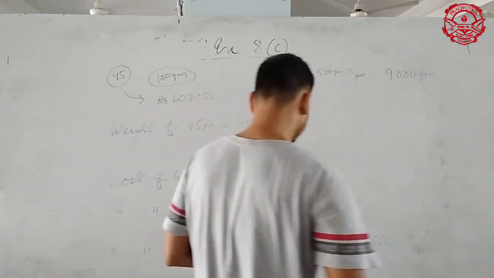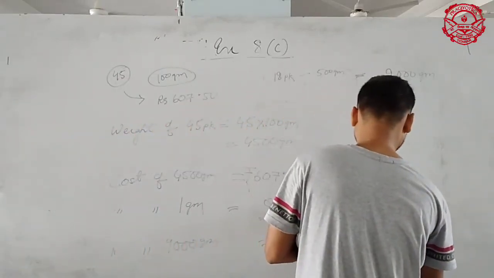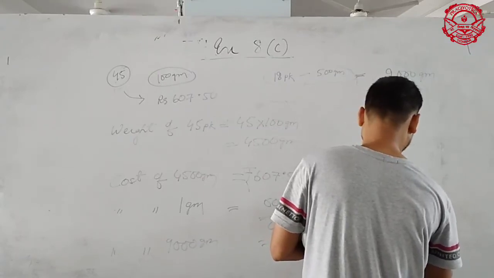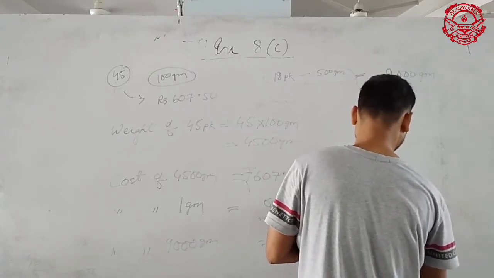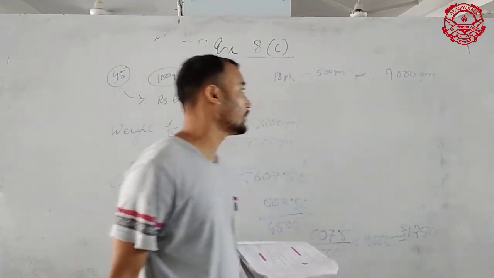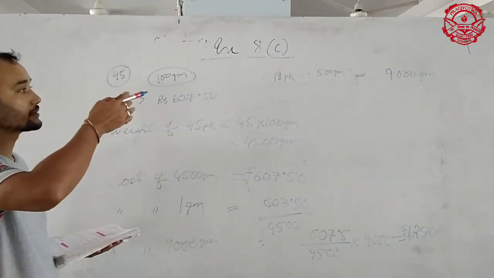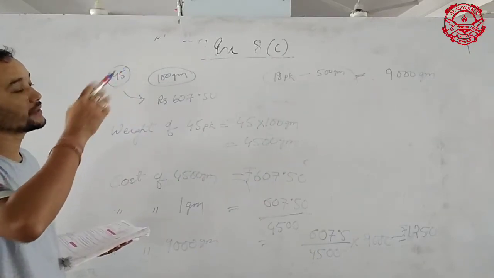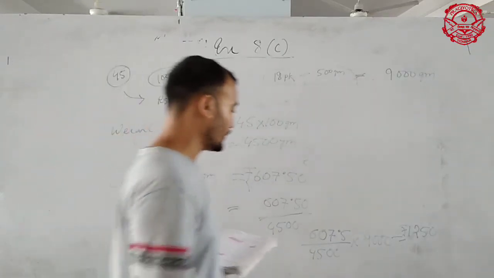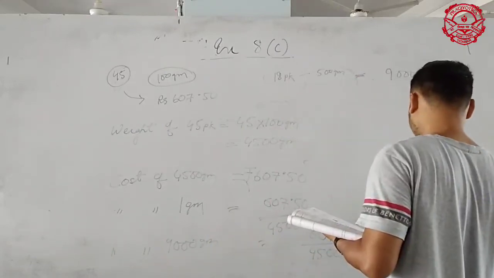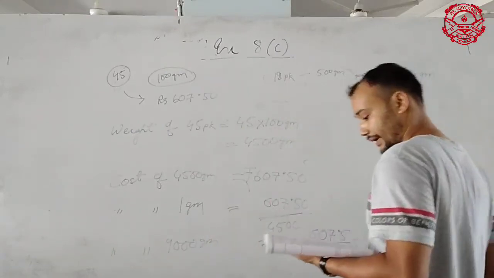If you multiply 2 with this, you will get answer 1250. 1250 rupees. Rupees 1250 will be required in order to buy 18 packets, each weighing 500 gram. Fine. Okay, with this I have completed the questions of 8C